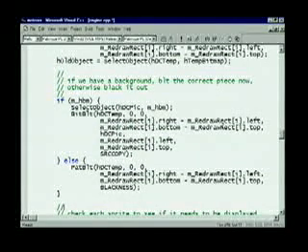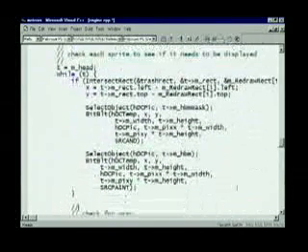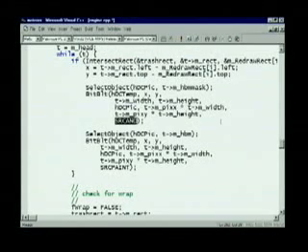Okay. Now you may not have a background. Maybe it's black. And in that case we do a patblit, because patblit is awesomely fast. Use patblit whenever you can. But if we have a background, then we draw it. And here you can see the source copy right here. Okay? Once we've got that done, then we want to put our mask in. So after we check to see if the sprite needs to be displayed, we source and the mask, and then we paint